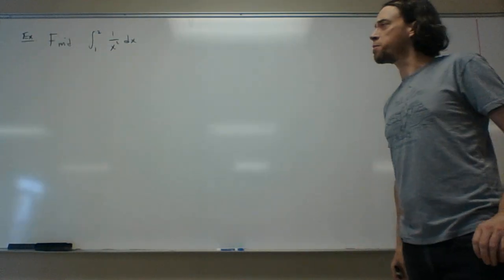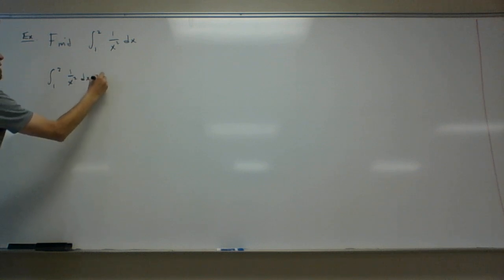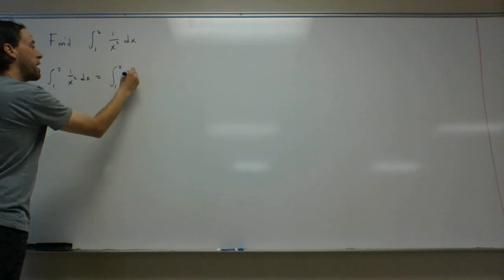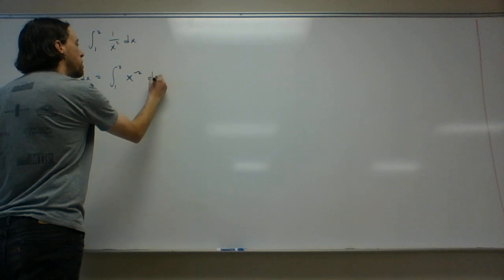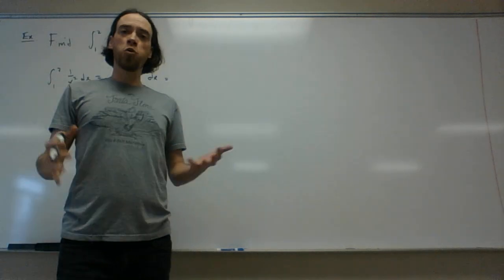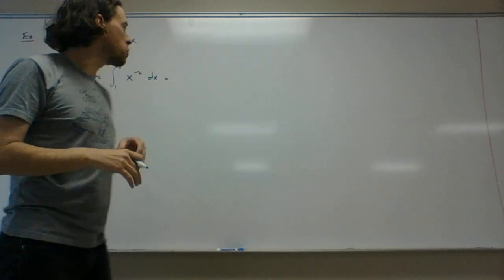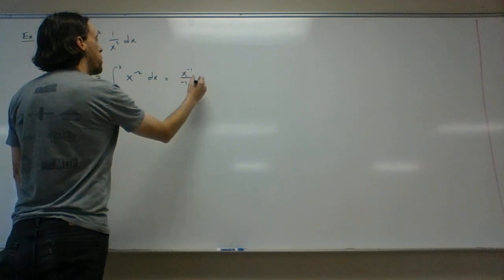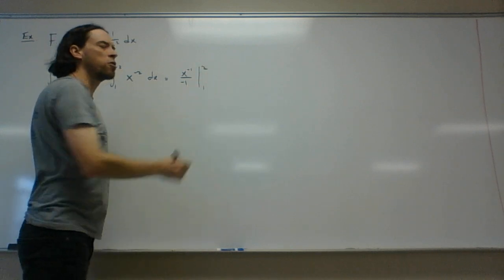And so this is definitely something we know how to do. Here's what we would do. We would say this integral is equal to, and then we would do a quick rewrite of our function 1 over x squared. We would write it as x to the negative 2 because that puts it in a form where we can easily find the antiderivative. We just add 1 to the power, divide by the new power, and so we get x to the negative 1 over negative 1. And then, of course, we still need to remember to plug in our 2 and our